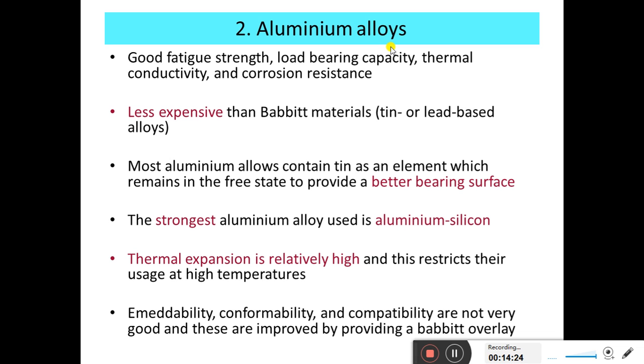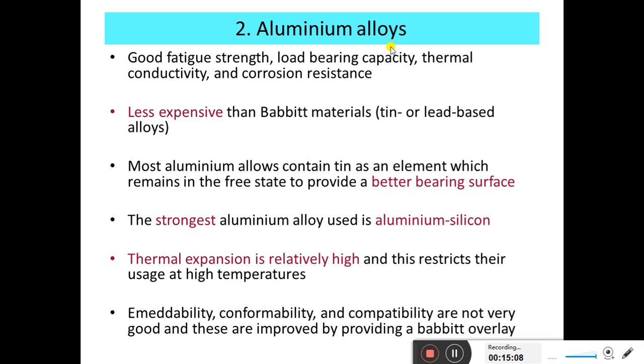We already know what is meant by aluminium. Aluminium is a metal. It is the second most abundant material available in the earth crust, next to the ferrous metals. When compared to copper and other metals, it is very economical because it is freely available. The availability is very high. Availability is one important property we already discussed in the previous class, and cost is another property. Yes, it is well suited for this.